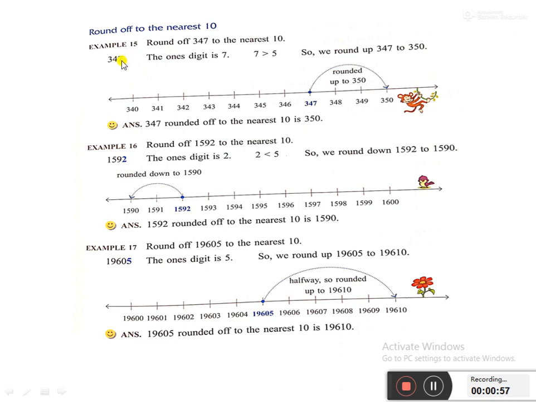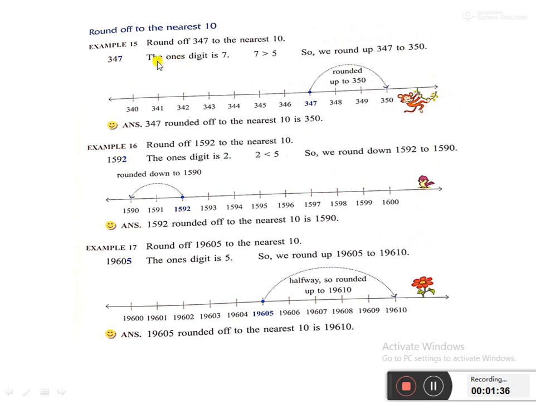If the number is less than 5, it means there is no change in the tens place. So 7 would become 0 if that number is less than 5, and the starting number is 340. If the number is more than 5, as in 7, we have to increase the tens place by one number. That means 4 will become 5. So what is the finishing number? 350. Now what will the answer be?